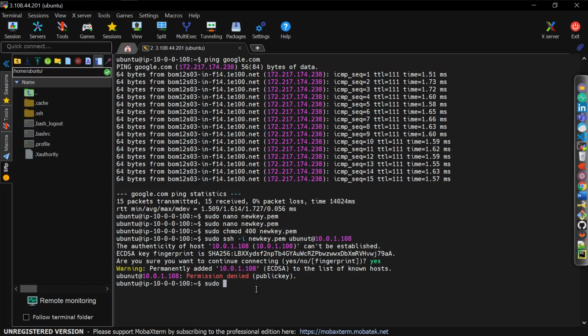We'll check once again, sudo ssh -i, then the new key.pem, ubuntu@IP.